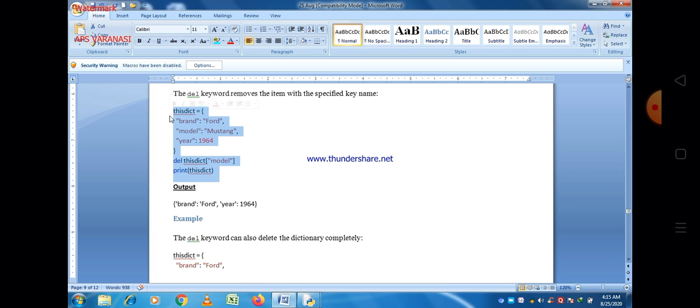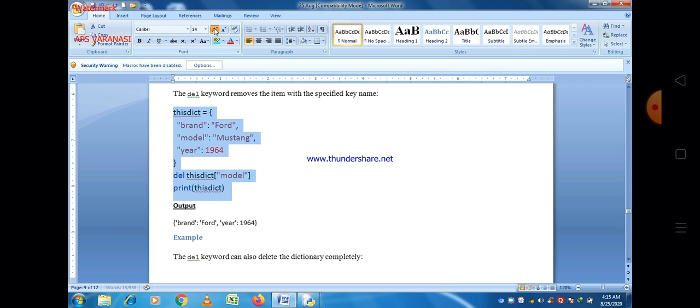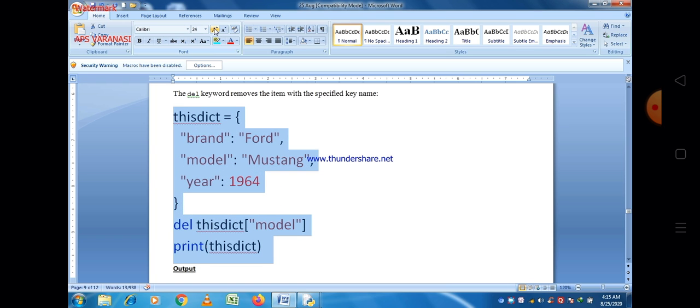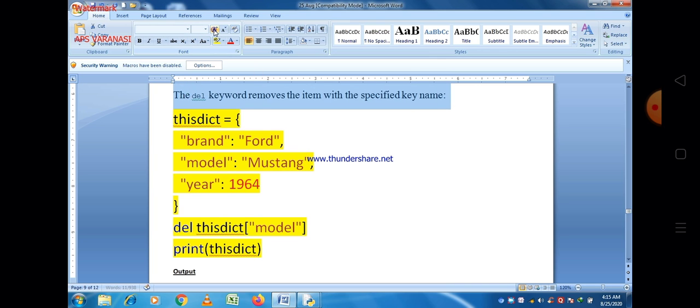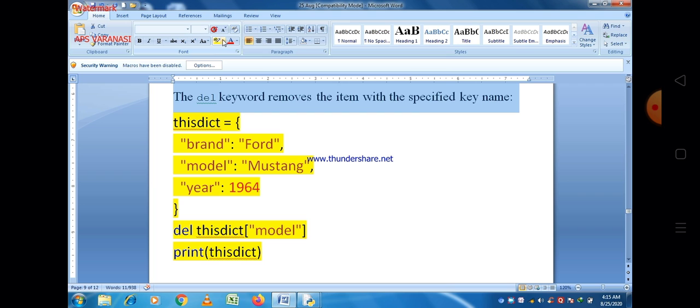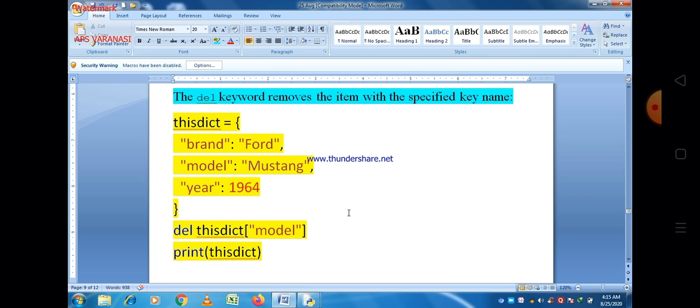There is another way to delete an element, and it is by using the del keyword. Using the del keyword you are able to delete a particular data item, and even delete a whole dictionary. This is a small program here, with the same dictionary thisdict, but the only difference is the del keyword.